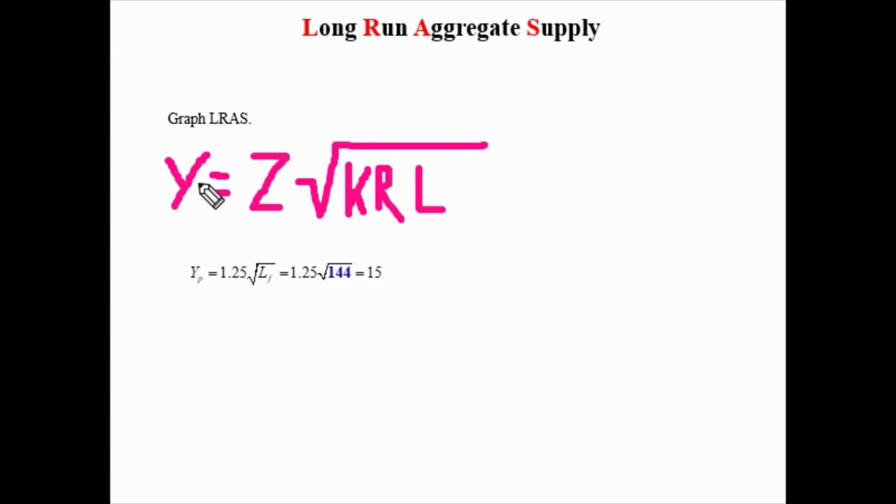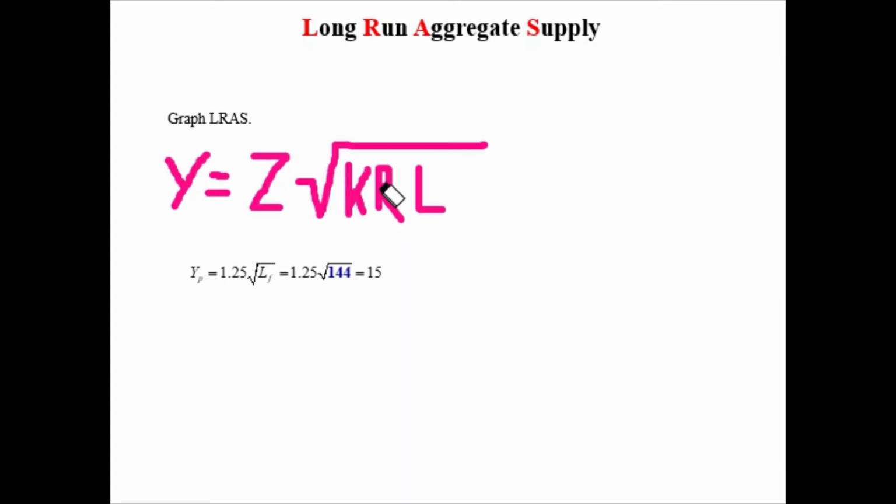All of this stuff is fixed in the short run, right? All this stuff is fixed in the short run. And notice that there's no price level anywhere. If the price level is 0%, it has no effect on what these values are in the short run. Technology is still 1.25. The value of capital doesn't matter if the price level is high or low, because we're talking about the real value of capital, the real value of resources and land, and the real value of our labor force. So it doesn't matter if the price level is high or low.